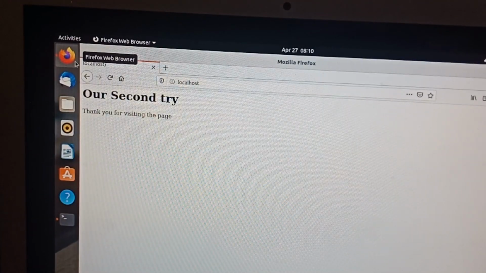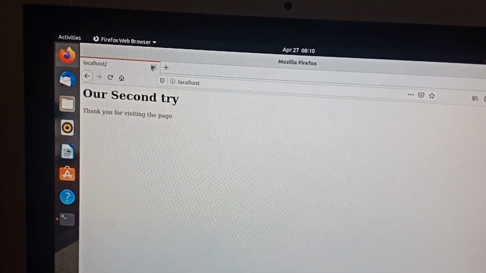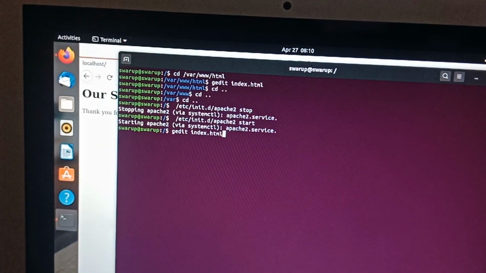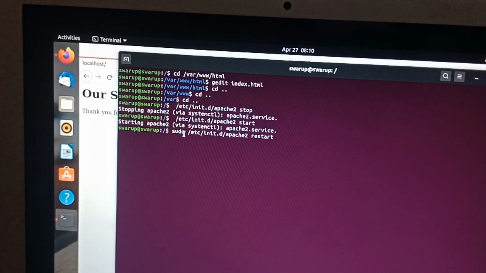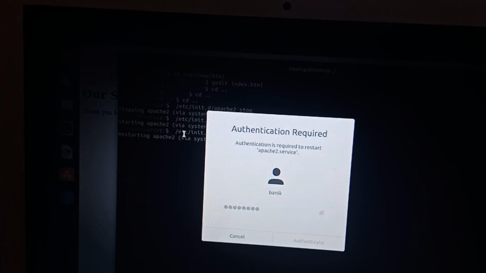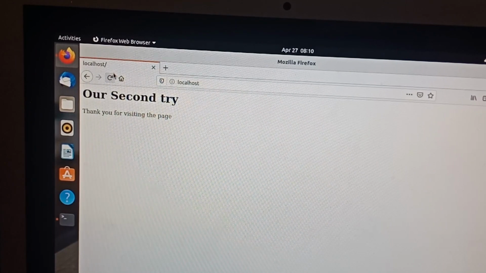There's another command to show how to restart the web server. And it got restarted. It was already started, so it got restarted again.